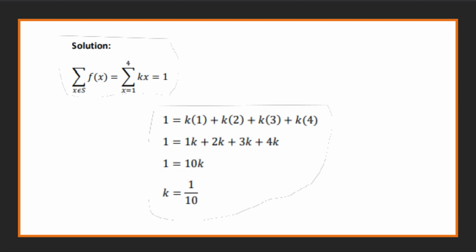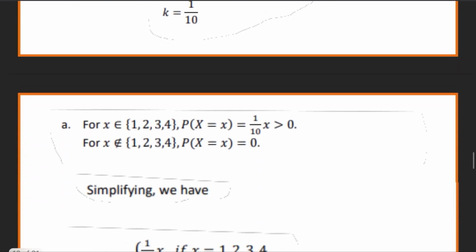So, dividing both sides by 10, we have now k is equal to 1 over 10. Now, k is already obtained. So our equation now is